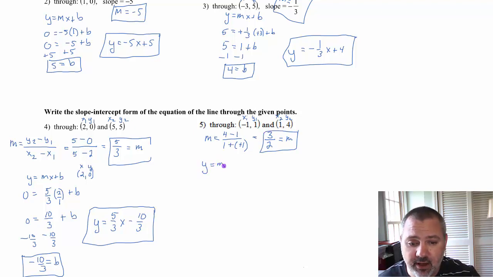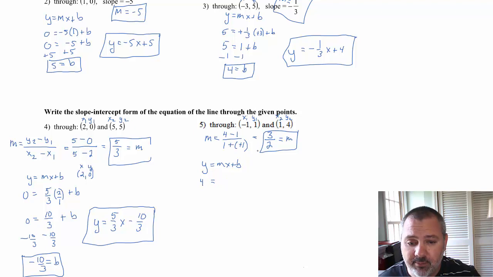We now need our y-intercept. y equals mx plus b. Again, it doesn't matter which point we use. You might say, I want to use these points because these numbers are smaller. You might say you want to use this point because you have all positive numbers. It really doesn't matter. I'm going to use this one over here because I like not to have to worry about negative numbers. So our y value is 4